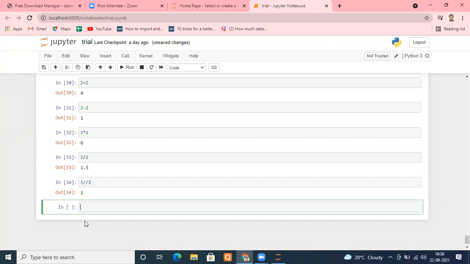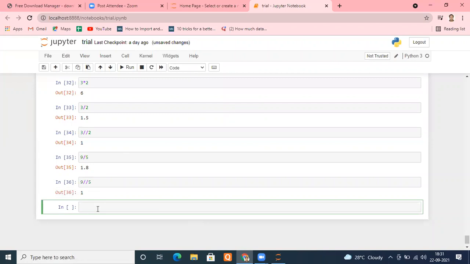Yes, sir. Okay. Let me take one more example. Let me divide 9 by 5. Ideally, if I'm using 9 by 5, it is giving me 1.8. But when I am doing 9 by 5 with integer division, it will still give me 1. Let me run this. Is it fine? It means it is not rounding to the nearest integer. It will round down. That's why some people call it floor division. I hope it is clear.